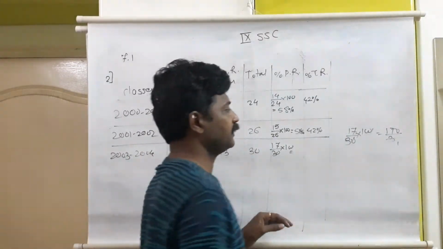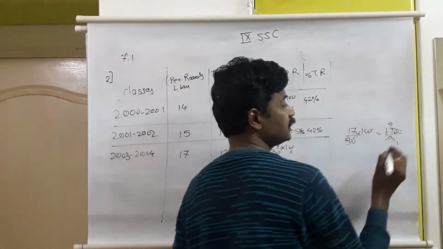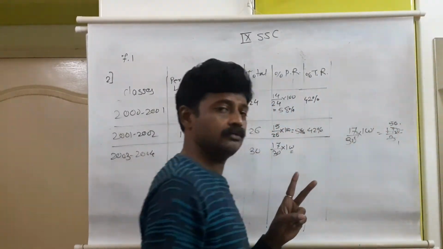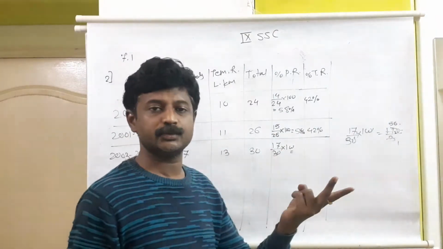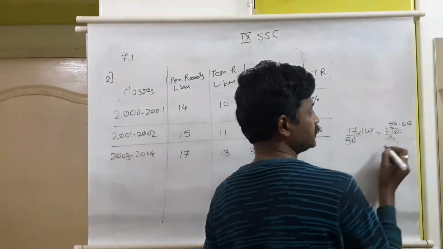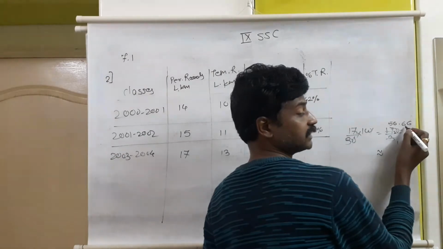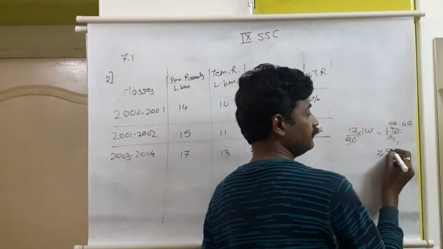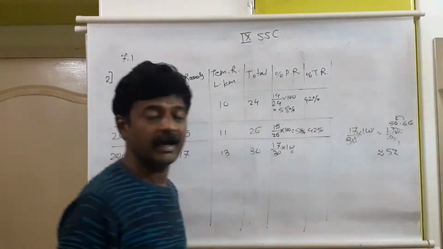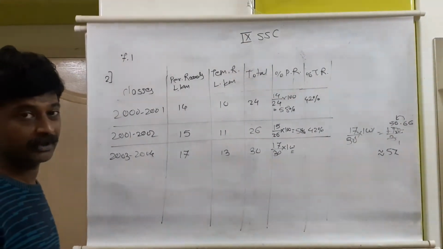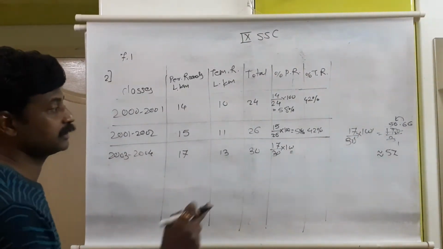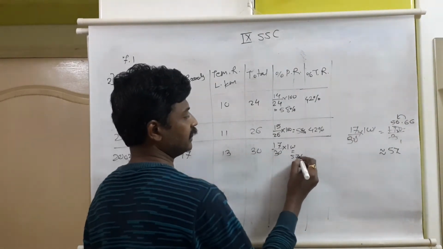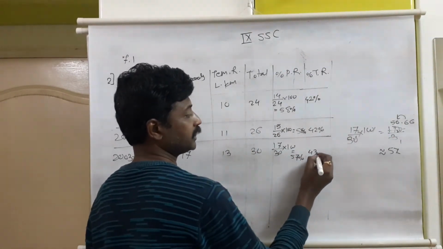Very easy. 3 5s are 15. Remainder is 2, it will be 20. 3 6s are 18. Remainder is 2. The decimal point will convert the 2 into 20. Again 3 6s are 18. So 56.6. After the decimal point the digit is 6, which is 5 or more than 5 category. So 1 will be added. So 56 plus 1 because of more than half after the decimal point, 57%. It was 58 here. Here we have 57. 100 minus 57 gives 43%, non-permanent, that is temporary.